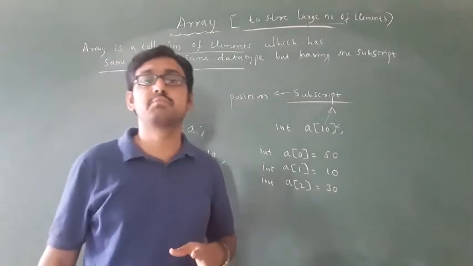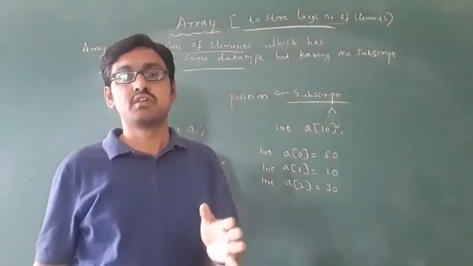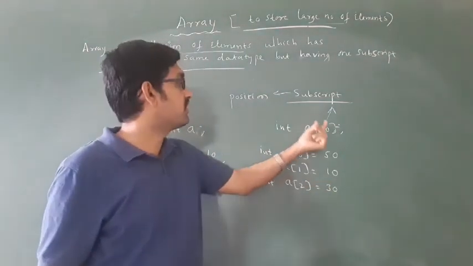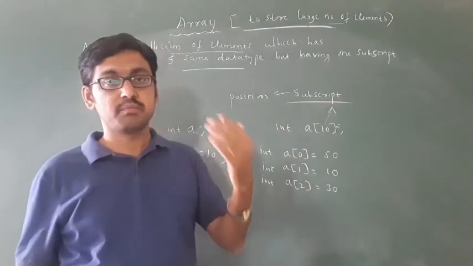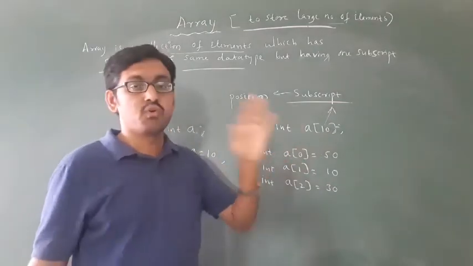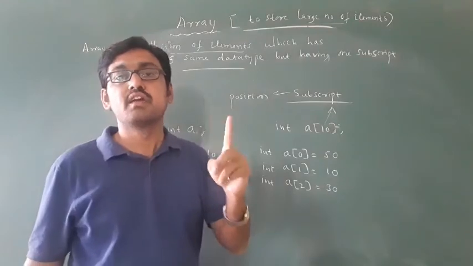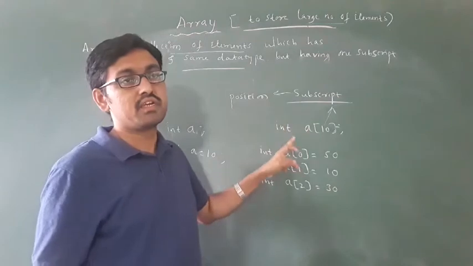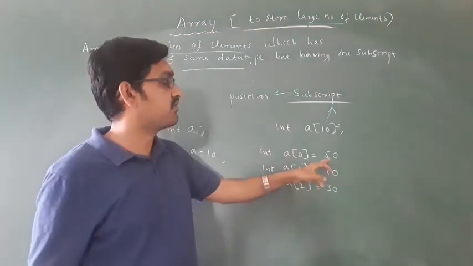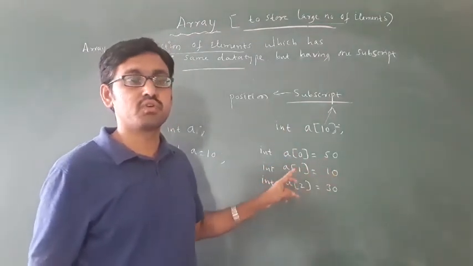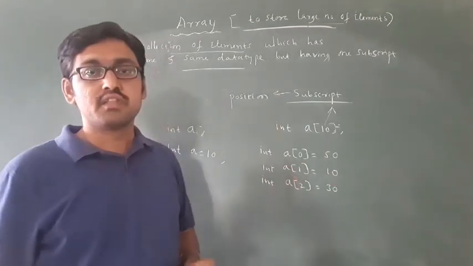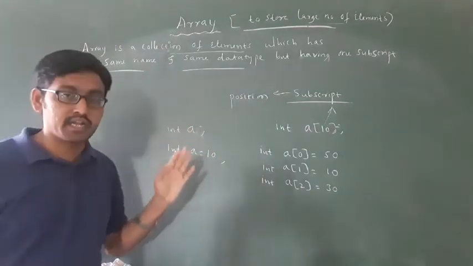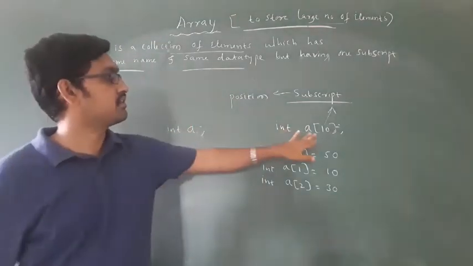What is subscript? Subscript means nothing but it indicates the position where your data will be stored. Okay, where will your value be stored? That indication is given by the subscript. Okay, one thing you have to remember, ಎಲ್ಲಿ array ಇರುತ್ತೆ ಅಲ್ಲಿ subscript ಇದ್ದೇ ಇರುತ್ತೆ. Okay, what is the use of subscript? It indicates the position of the elements. For example 50 will be stored in A of 0, 10 will be stored in A of 1. Okay, these points you have to remember. This is what we have about the array. This is a normal variable, this is an array variable.